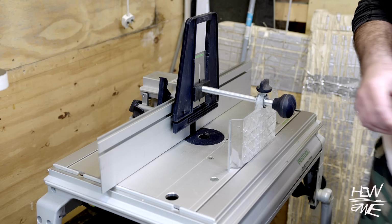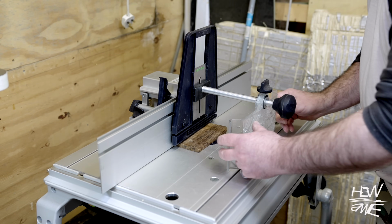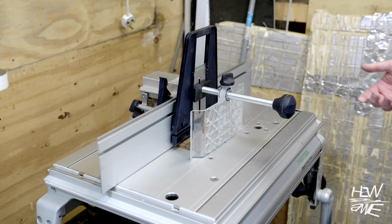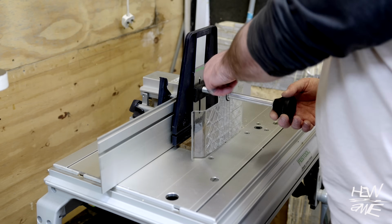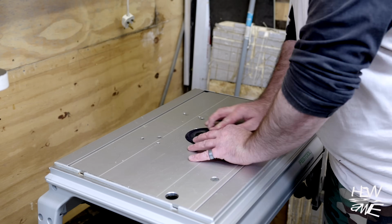Probably never see me use it though. And that will keep the board down, obviously. And then there's that guard. Yeah, no, I can't be bothered with that. Of course, it comes with all your different rings, but